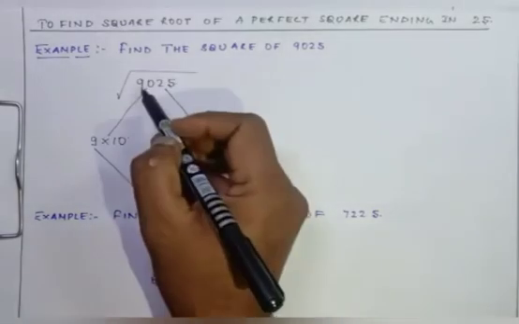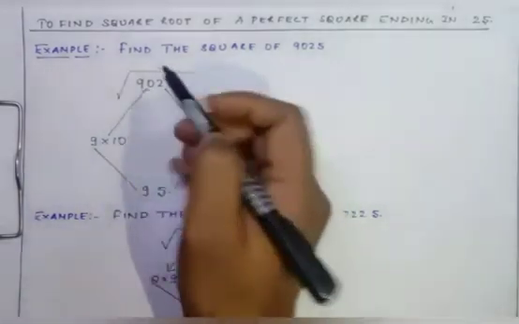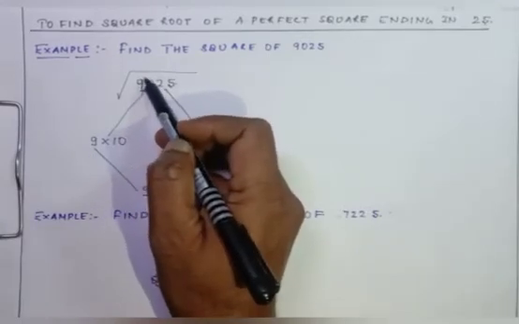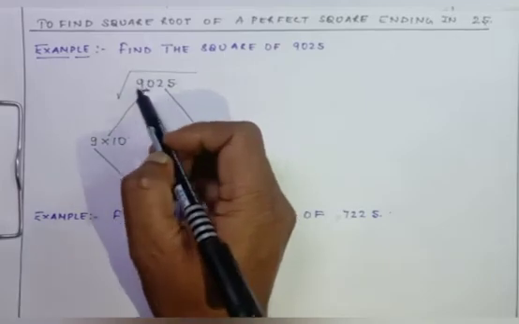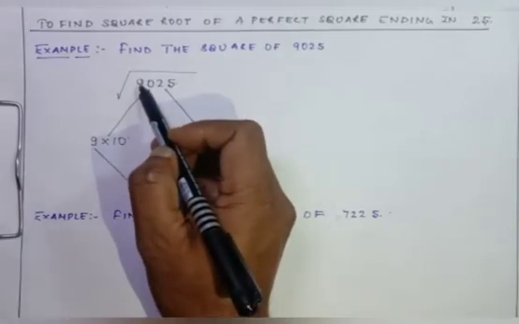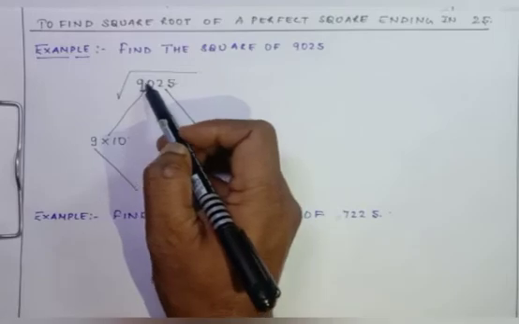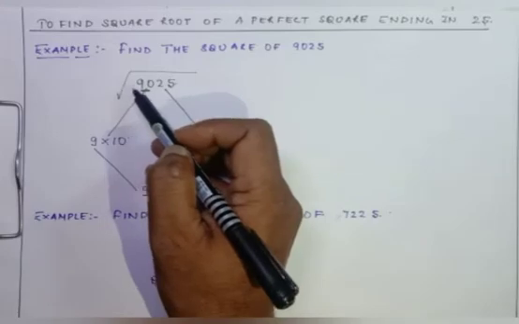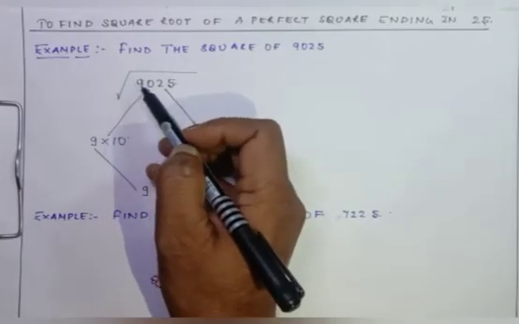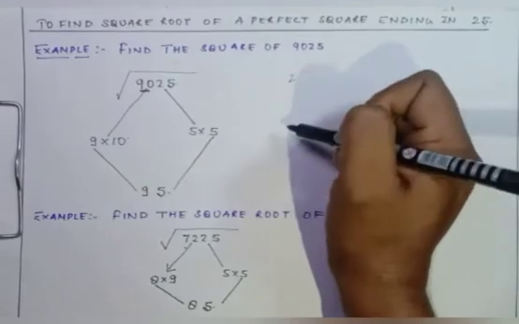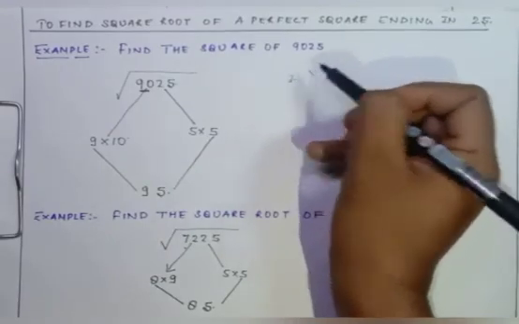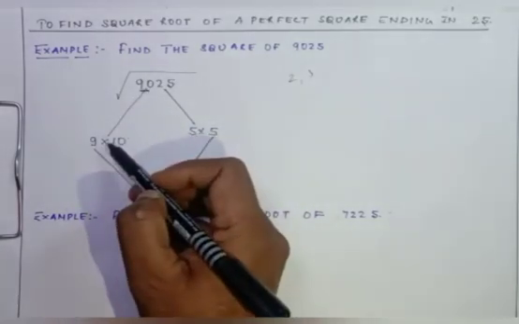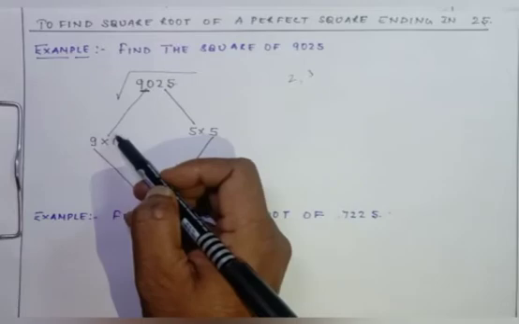And after that, you are going to find the multiple of 90 in terms of two consecutive numbers. What are consecutive numbers? Numbers one after another without any gap. If I am talking about 2, what is the consecutive of 2? It will be 3. In the same way, if I find the multiple of 90, it will be 9 into 10 in terms of consecutive numbers.